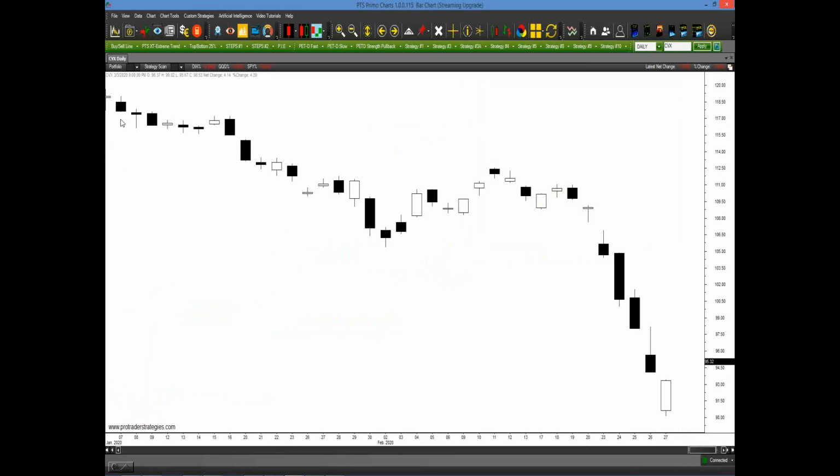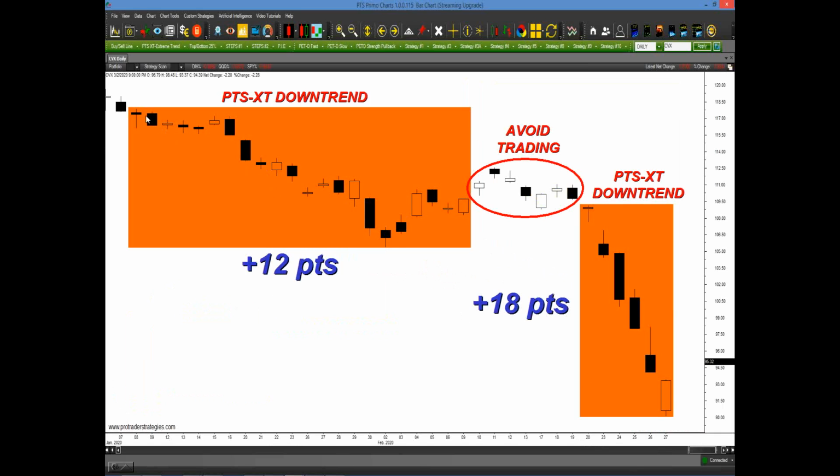The same thing, except to the downside. Starting in January all the way until the end of February, this has been going lower. How could this tool have helped us? Well, originally we applied it, and look at the downward zone we had here. A quick 12 points in about 3 weeks. It kept you out of this area right here, the chop. You avoided trading,